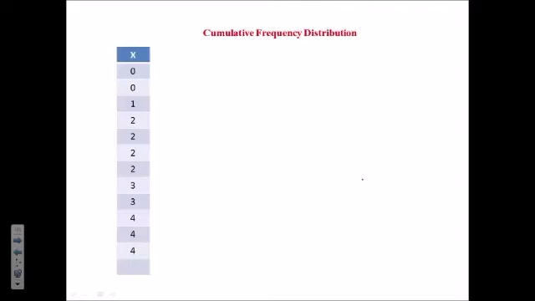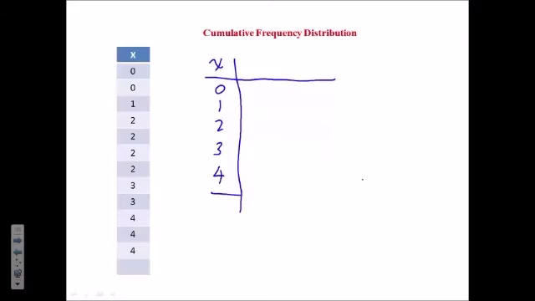We could also make a cumulative frequency distribution from this sample. The way we do that is we have an x column. The scores again are 0, 1, 2, 3, 4. And instead of putting frequency in the next column, we're going to put the cumulative frequency. I'll abbreviate it, cumulative frequency. And what this means is the number of scores